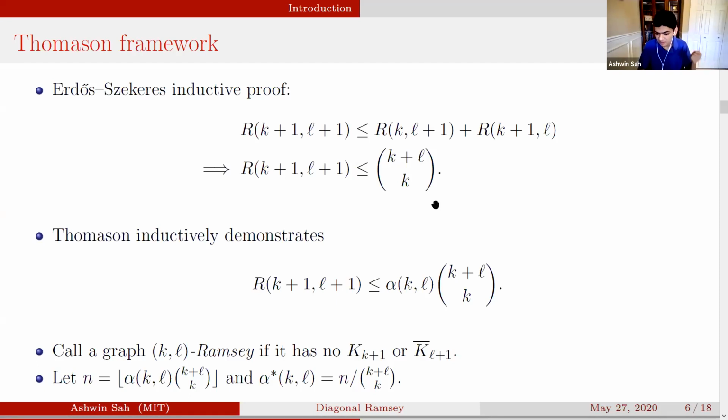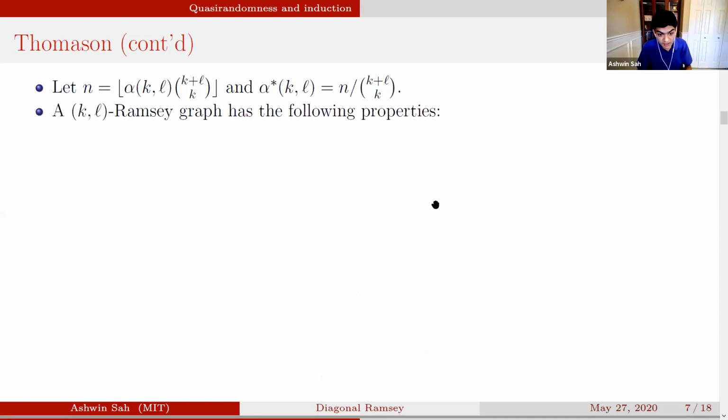And in particular, the goal would be to eventually derive a contradiction, say at this value of n, and that would show the desired Ramsey number upper bound. So let's just hop right in. So recall these notations. What did Erdős and Szekeres do for their argument?